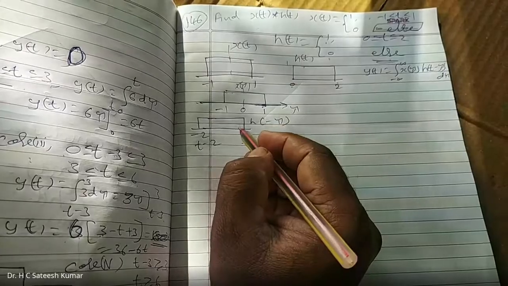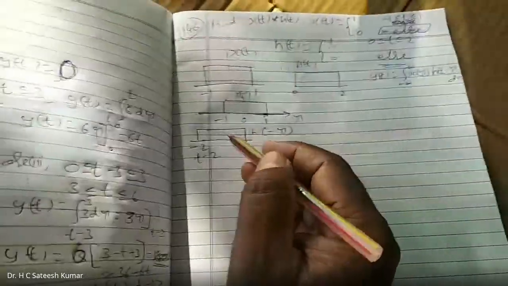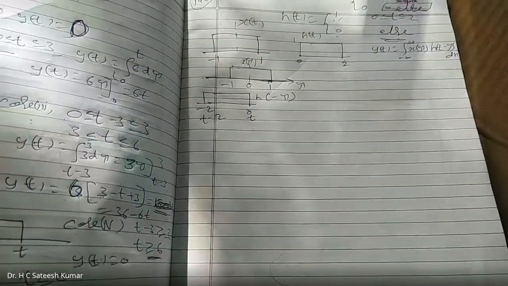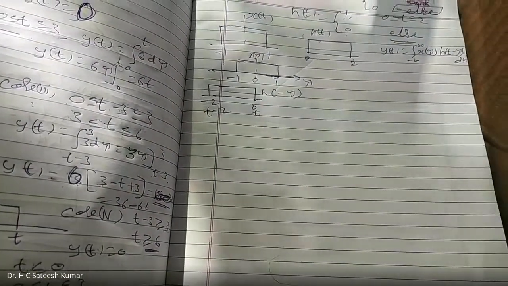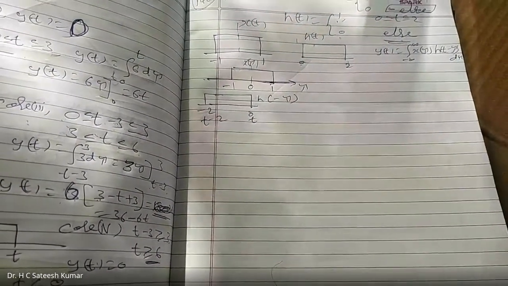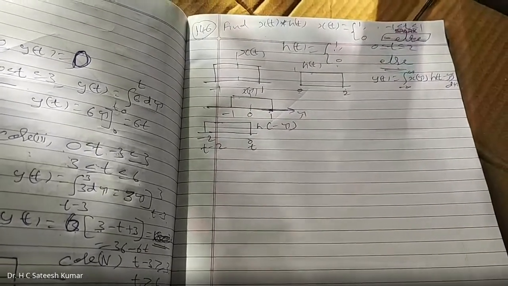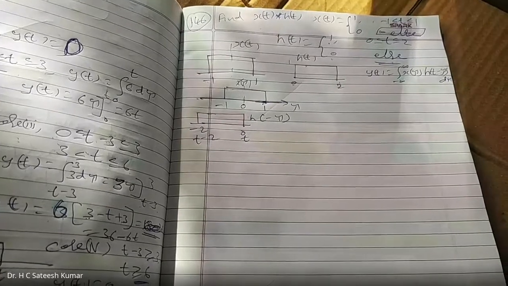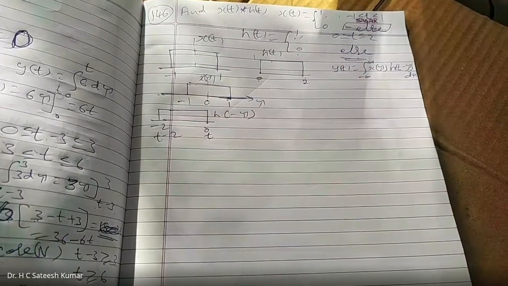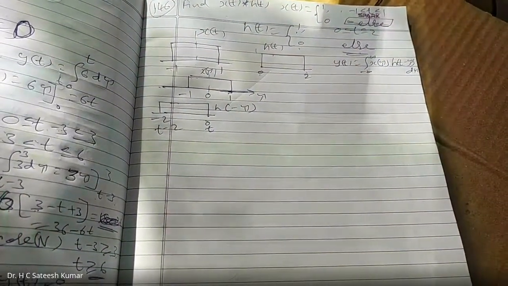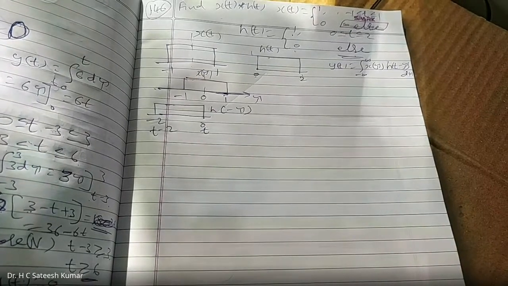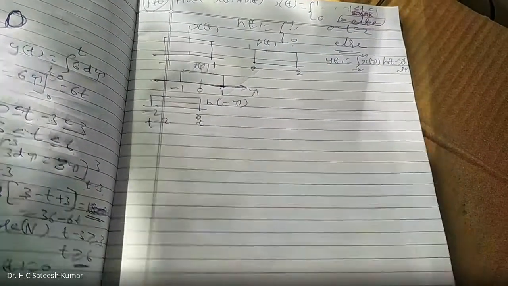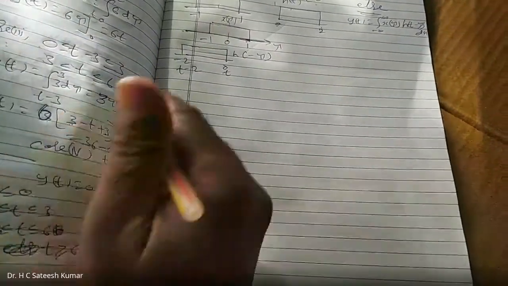Now what will happen? In all the cases, always you should shift it from minus infinity to plus infinity only. Don't think that, sir, I'll go back or right, I'll go to the right side. No. Go to minus infinity and start shifting up to plus infinity. Always, irrespective of the problem, shift the second signal from minus infinity to plus infinity. Wherever you find the changes, consider it as cases. Okay, that's how we should do it.